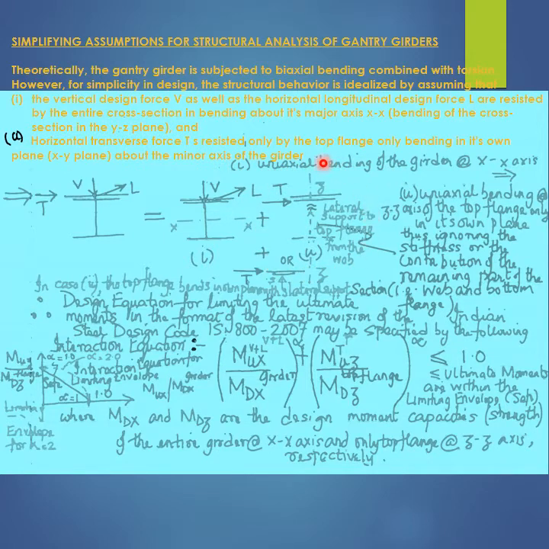The structural analysis of the steel girder, that is the steel gantry girder cross section, may be performed by implementing the second simplifying assumption,